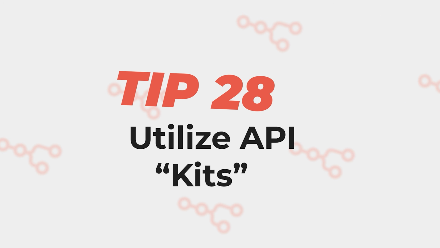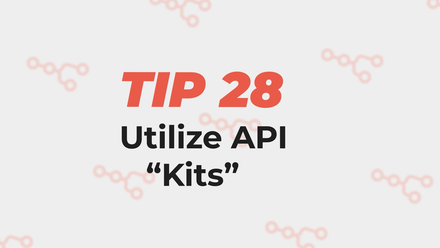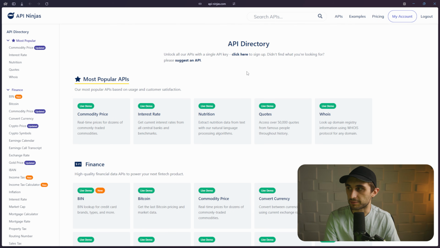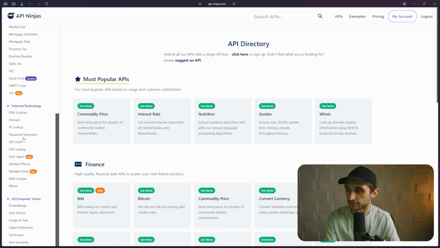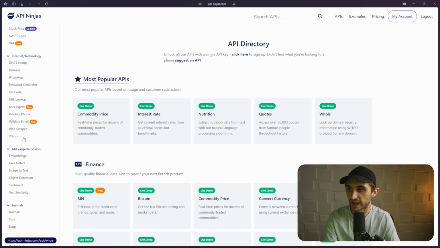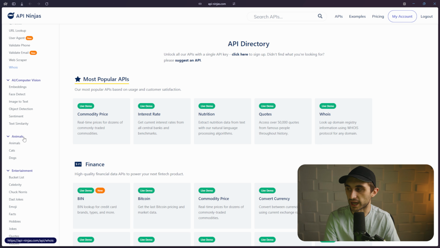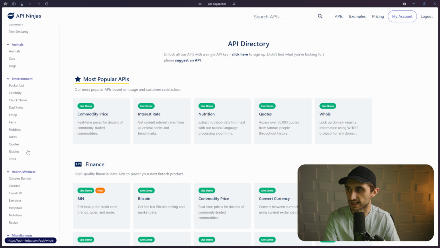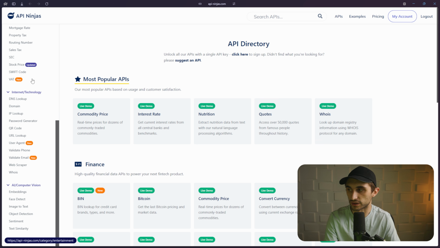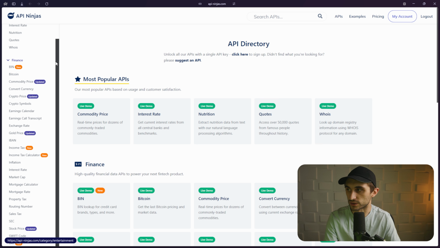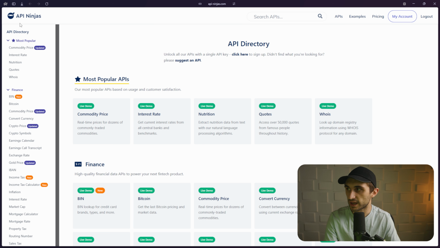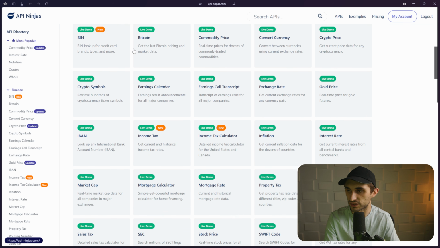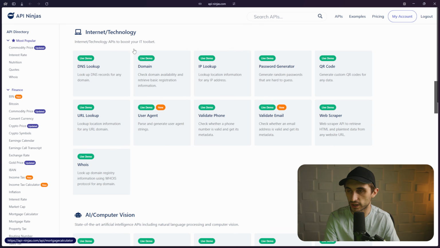So tip number 28 is to utilize API kits. I call these API kits because they have a bunch of different endpoints in a lot of different disciplines. And if you're going to be paying for these APIs, it's better to get an API that has access to a bunch of different things so you get more bang for your buck and you can use them across multiple projects. API Ninjas here has a ton of APIs,